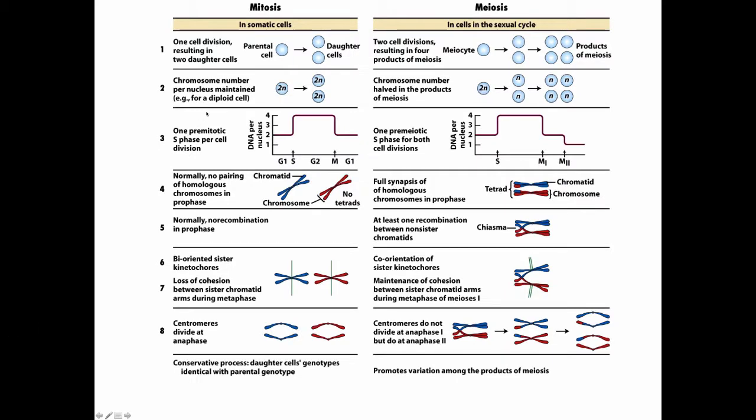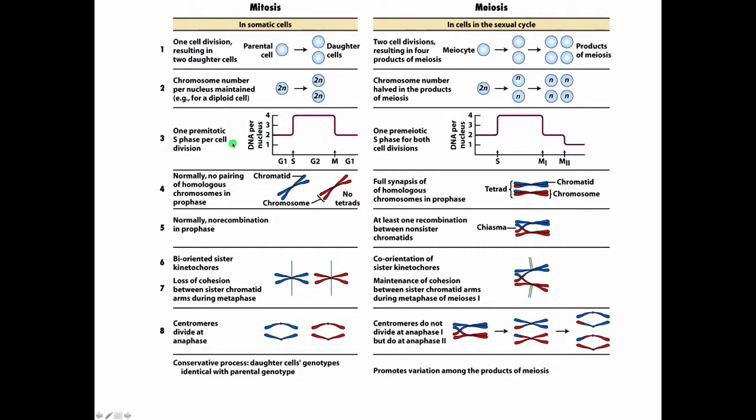This diagram compares and contrasts mitosis and meiosis, and I'm going to spend a little time going over it because it might help to put things in perspective. So let's look at somatic cells, mitosis on the left, and meiosis, what's occurring as gametes are formed. In mitosis, one cell division results in two daughter cells. Chromosome number, humans 2n equals 46, and so you have a single cell division producing two daughter cells, 2n equals